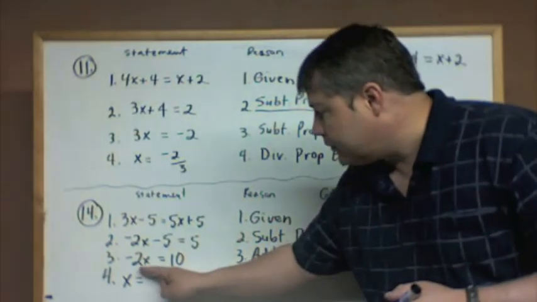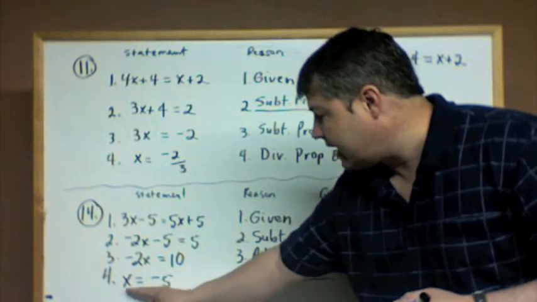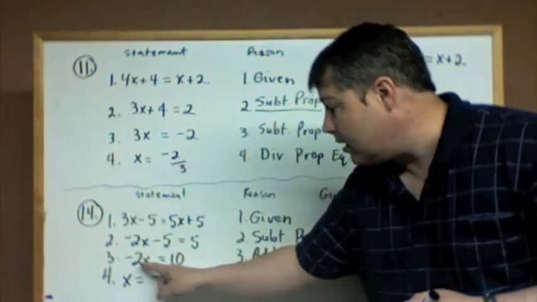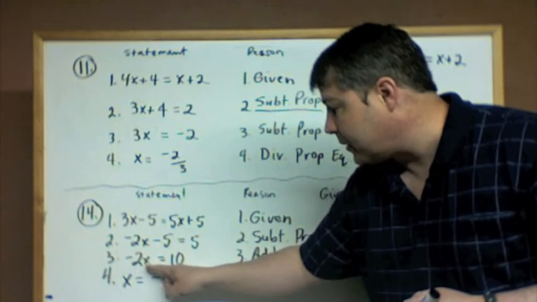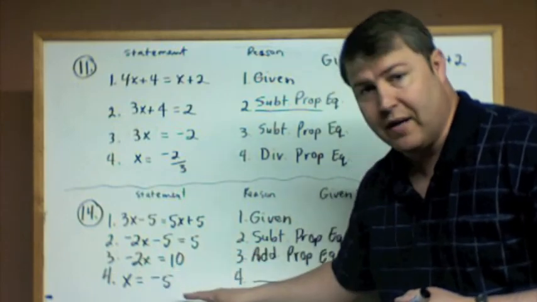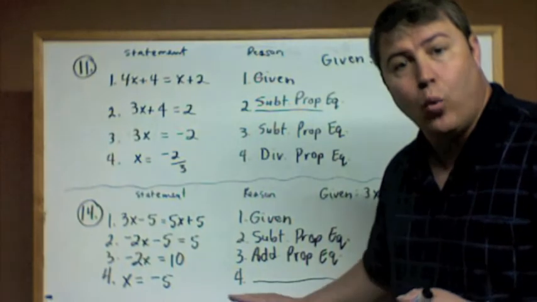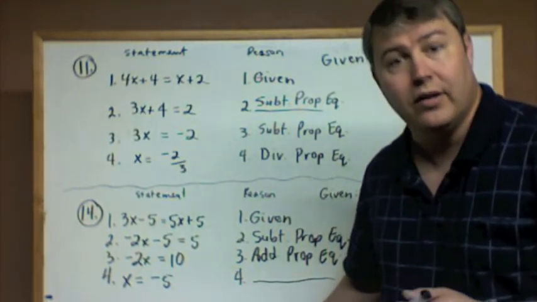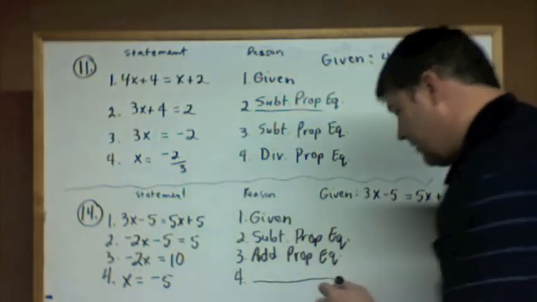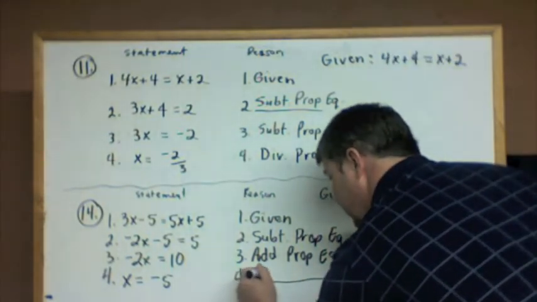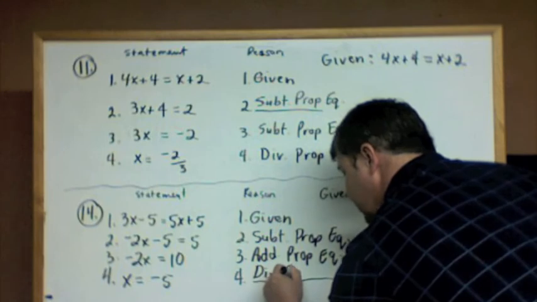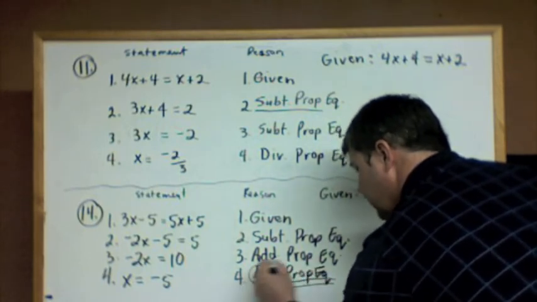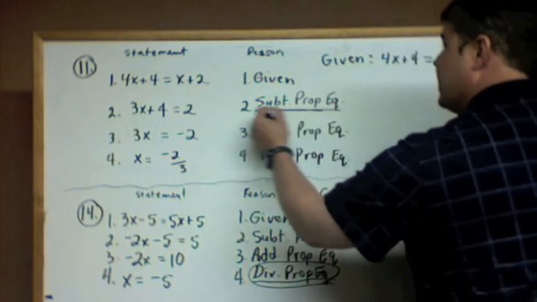All right, negative 2x equals 10, and then they went to x equals negative 5. What did they do to both sides? Well, they divided, because the negative 2 is being multiplied by the x. They divided both sides by negative 2. So what's my reason? What says I can divide both sides of an equation by the same thing? The division property of equality. Yeah. So that's what I'm going to put in here. Division property of equality. Guess I didn't circle my answer up here, but